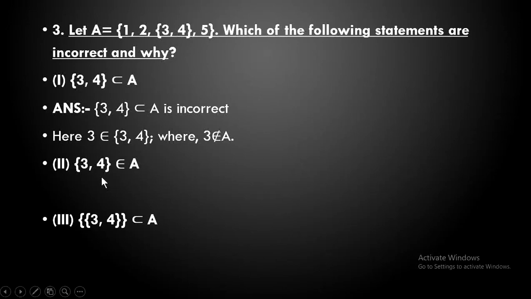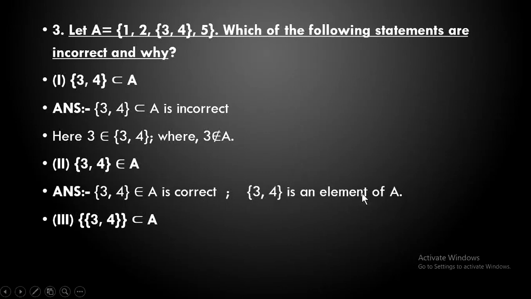Now next one will be clear for you. Now over here they have given you set of 3, 4 belongs to A. Now if I would have written only 2 without any kind of set, if I have written only 2 belongs to A, then it would have been correct because I have written that an element belongs to A. And an element which is written without a set can belong to the set. Now over here, this is also an element. And if you had to make a set, then again you need to write one more set outside these two. So this statement is correct because this is like one complete element in that. Okay, because this is an element of A.